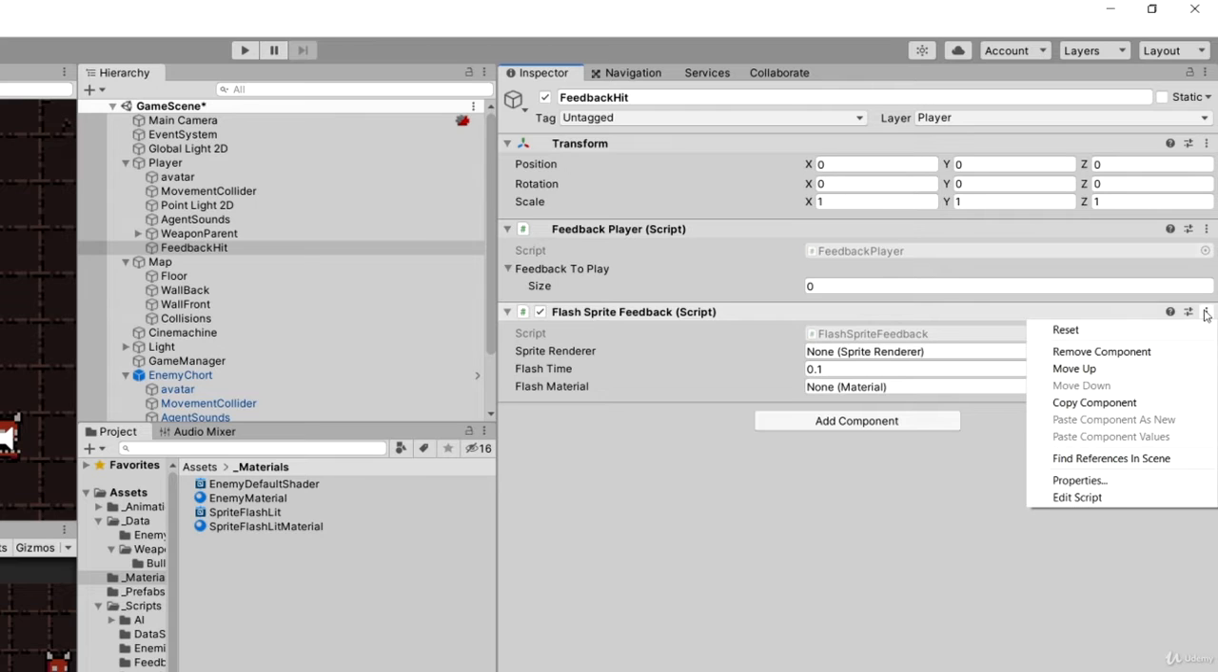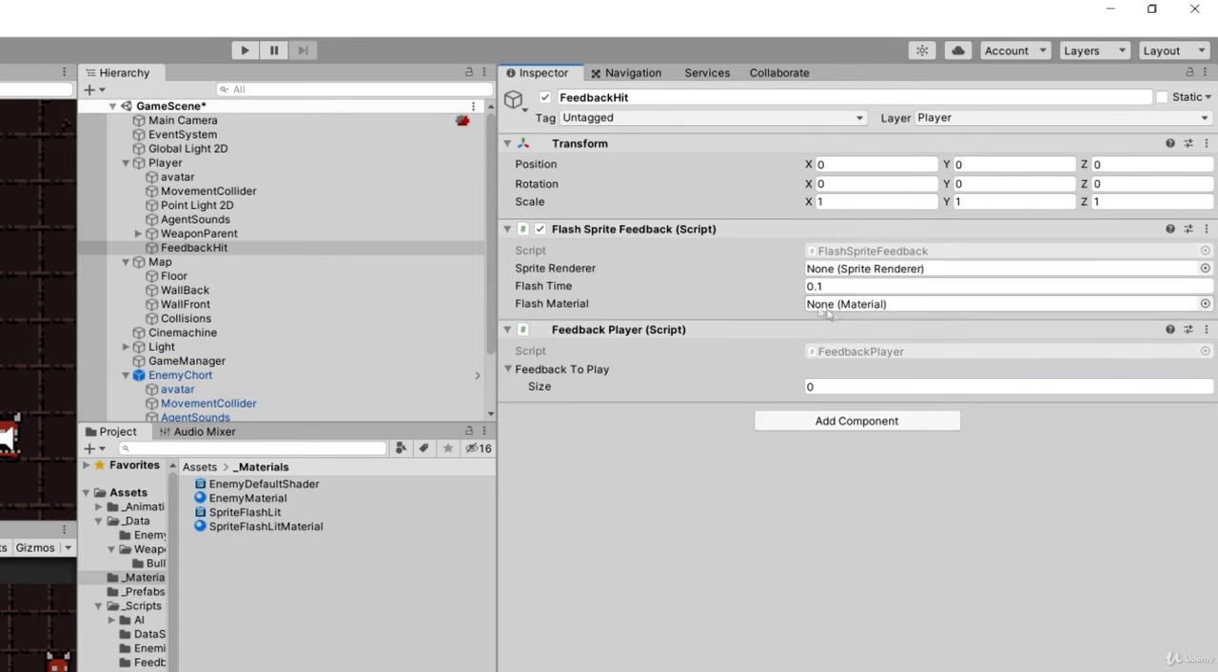We can use those three dots to move the component up, to have it above and the feedback player below. We can drag our avatar to our sprite renderer. We can make sure that we drag our sprite flash lit material to our flash material. Let's leave the time flash as 0.1, and what we can do is drag the flash sprite feedback to the